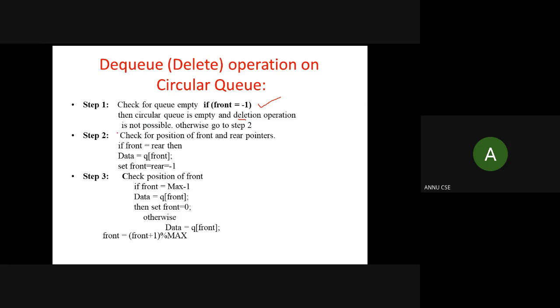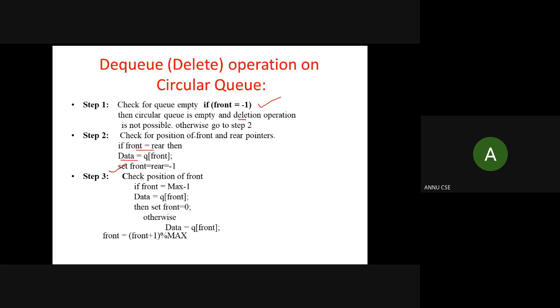Otherwise, you need to change the position of the front and rear pointers accordingly. If you are deleting the single element present in the queue, then you need to update front and rear both at the same time. So if front and rear are equal, in that case you can just delete the element and set front and rear to -1.